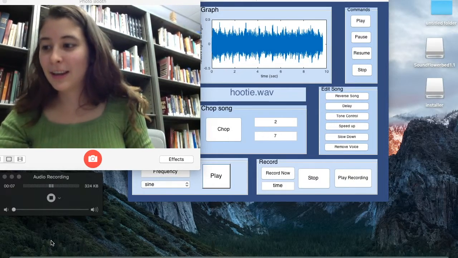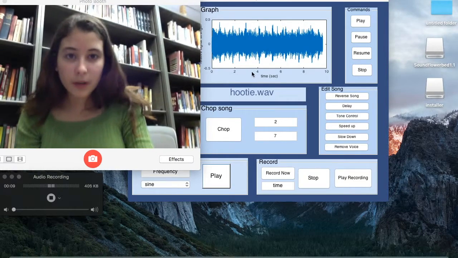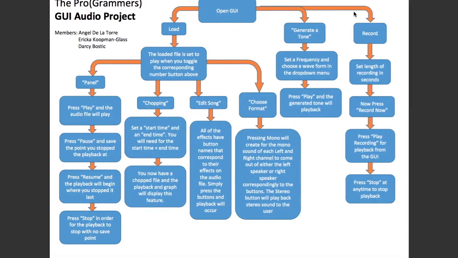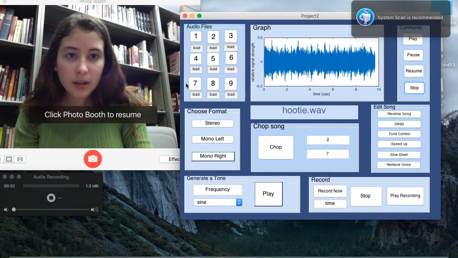Today we're going to be showing you our GUI on audio, and hope you guys enjoy. Hello, I'm Erica, and what I worked on for the GUI is loading the music into files and then having those files graph the sound, play the sound, pause, resume, and stop the sound,